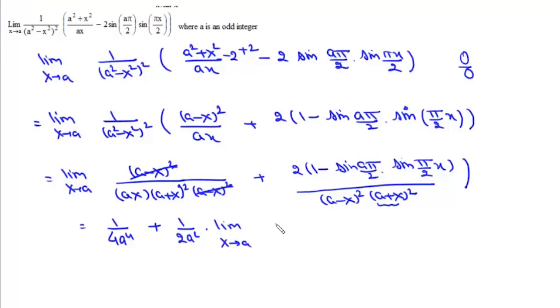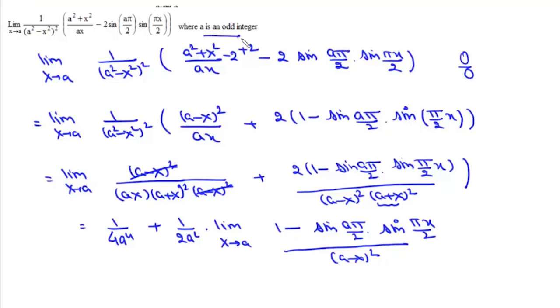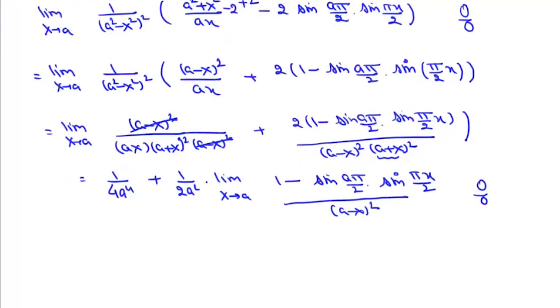x tends to a of 1 minus sine a pi by 2 into sine pi x by 2 upon (a minus x) whole square. It will be sine a pi by 2 whole square, and a is an odd integer. So it will be 1 minus 1, which is 0. So it will be 0 upon 0 form. So now we can use L'Hopital's rule. Now if we use L'Hopital's rule, we can write